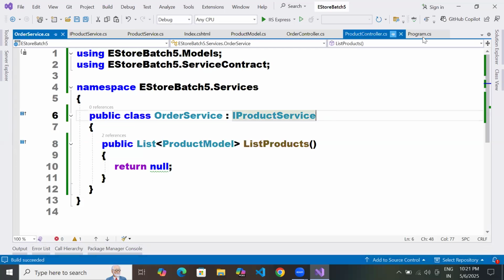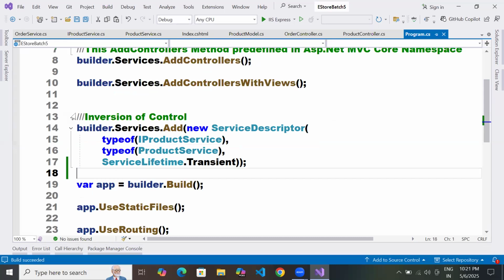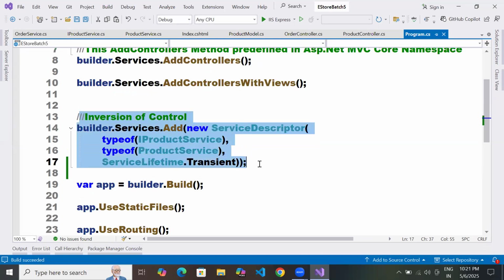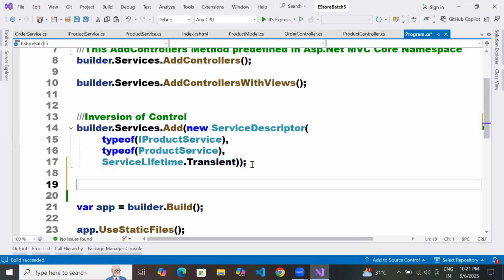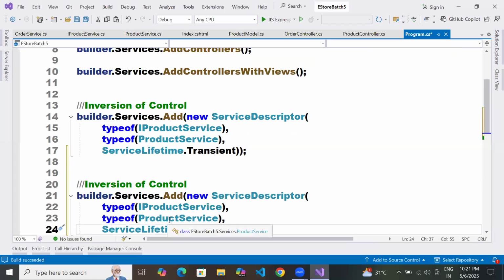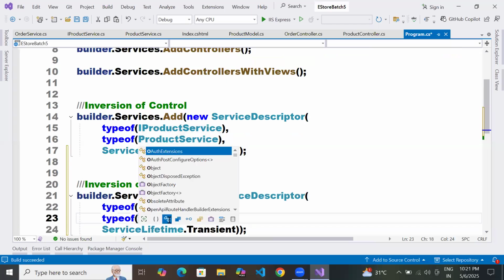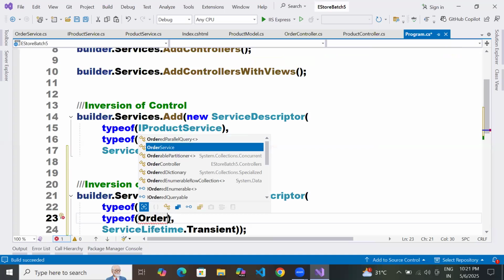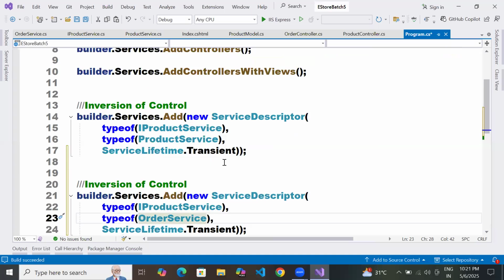After that, in the program.cs file, I'm taking everything as it is. Copy, paste. I say here, OrderService. OrderService. Is my point clear?